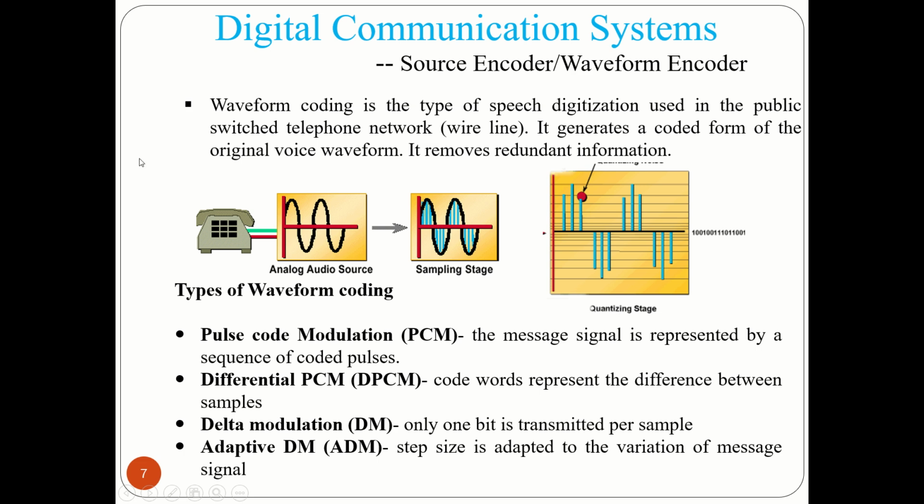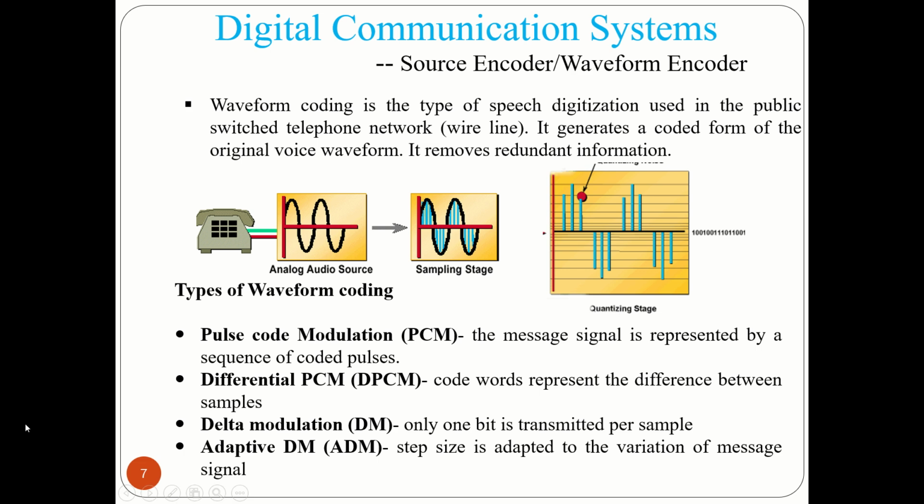Here we can see from the telephone we get an analog audio source, then sampling is done. After sampling, quantization is done. In sampling, we convert the input signal into discrete level only in the coordinate values, not in the amplitude. But in quantization, we convert both the amplitude as well as the coordinates into discrete values. So in pulse code modulation, the signal is represented in terms of a sequence of coded